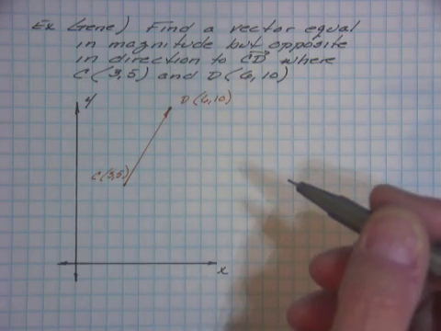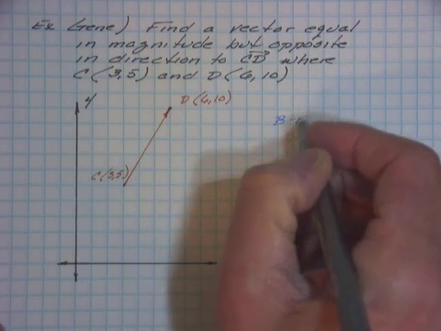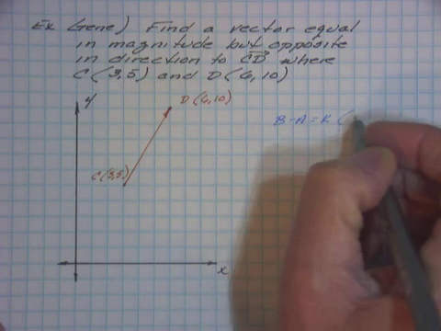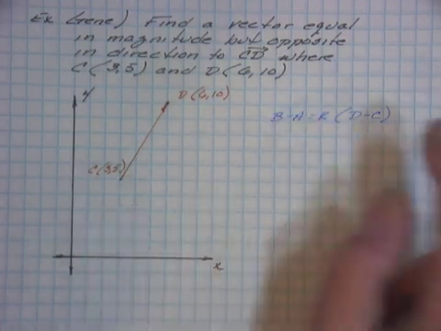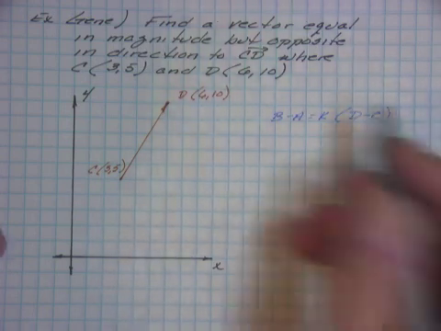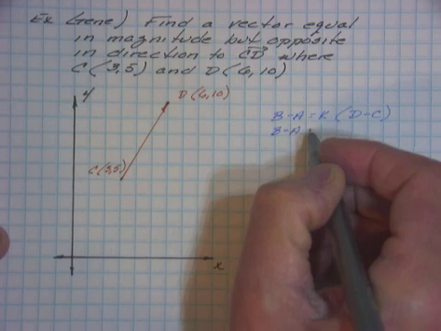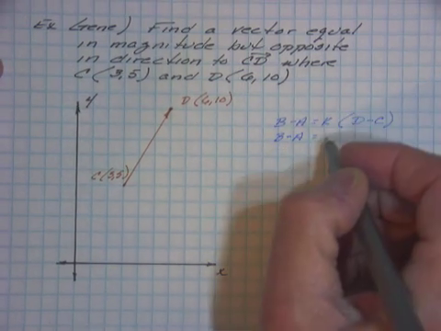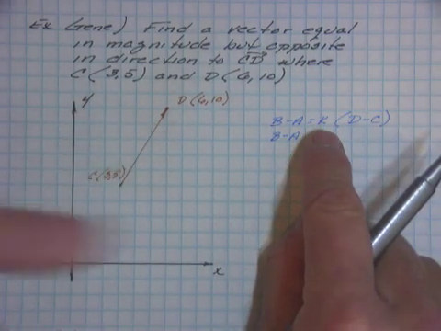Okay? So, here's what we're going to do. Let's do this first. B minus A equals K times D minus C. Now, B and A, that's going to be my new vector. So I've got B minus A, that's the head and that's the tail,